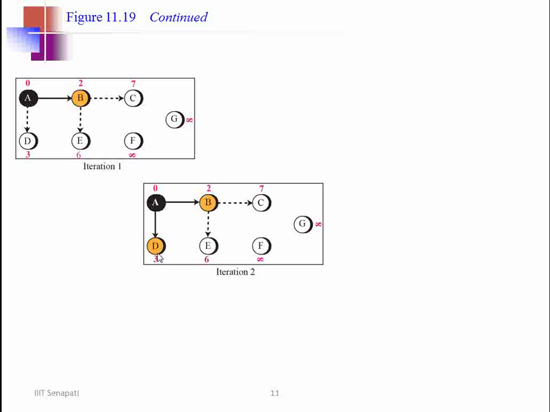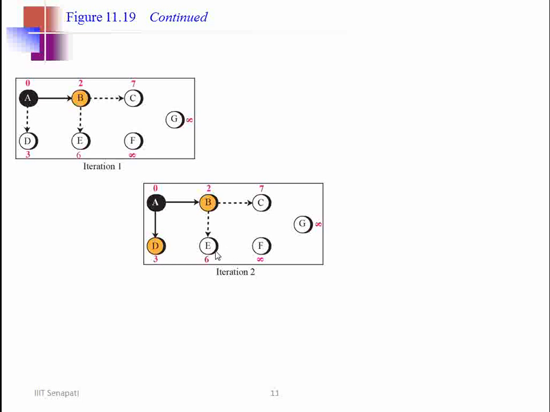So this is what is finalized in this iteration, and no more links are needed. We are not adding the distance from D to E, since it may create a loop.